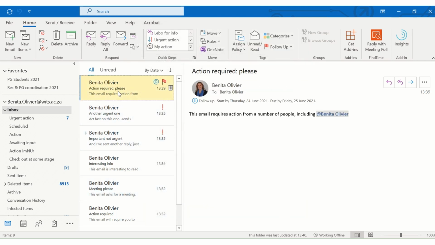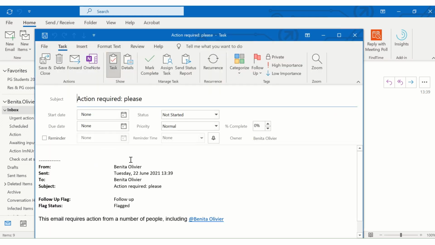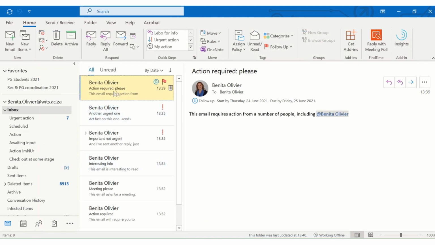So here's an email that requires an action. Let's say I'm going to schedule it as a to-do, create a to-do. I'm using Microsoft To Do, so I would like it to be added to my To Do app. You can set the dates, the due date, the priority, whichever else is needed, and you save and close. And then I'm ready for it to be filed away. It doesn't have to hang around in my inbox. As soon as I've scheduled it as a to-do, there's no reason why I need to hover over it multiple times,